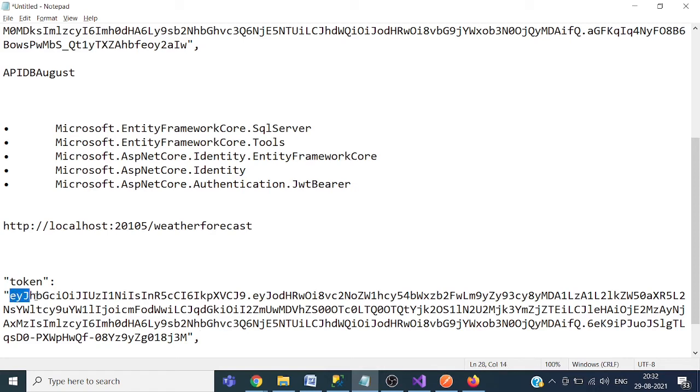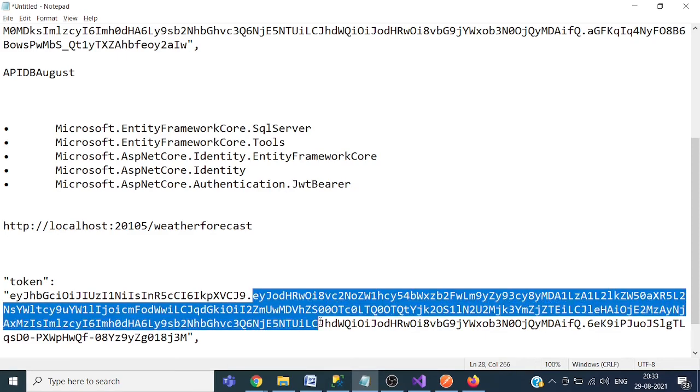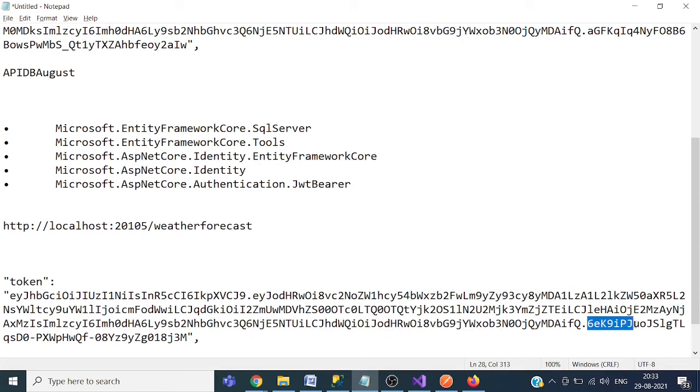So this part, this is header. After header, we have one dot here. You can see we have one dot, and this part is payload. This is payload. Okay. We have again one dot here, and this is the signature.